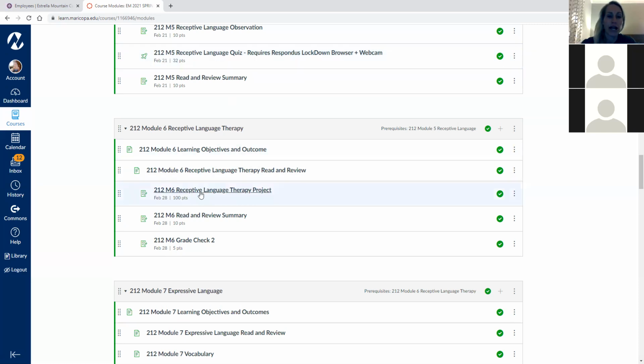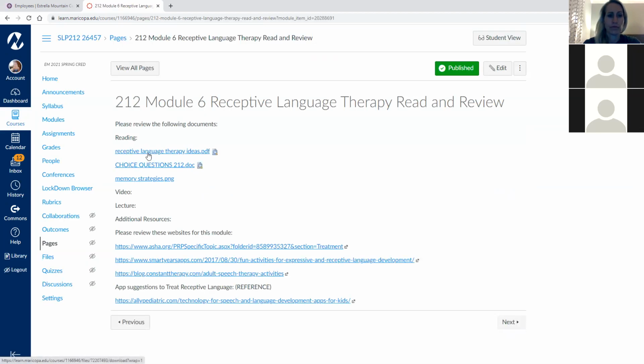So project, and I just noticed the session plan form is not uploaded. I changed it a little bit last semester. Every semester I change it a little bit, make it more user-friendly or organized differently. But let's talk about the project. Wait, hold on. Let's do some read and review first. So therapy. So really this week when we're looking at therapy,